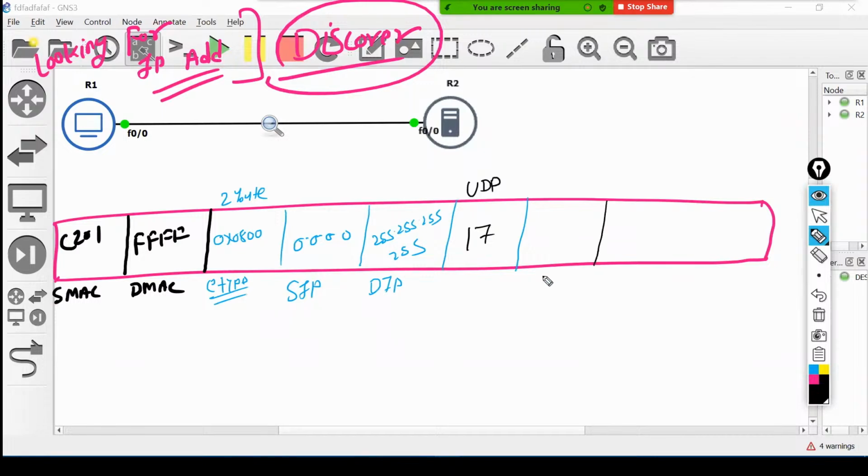Source port number. Destination port number. And then after that, we have a discover, DHCP data.